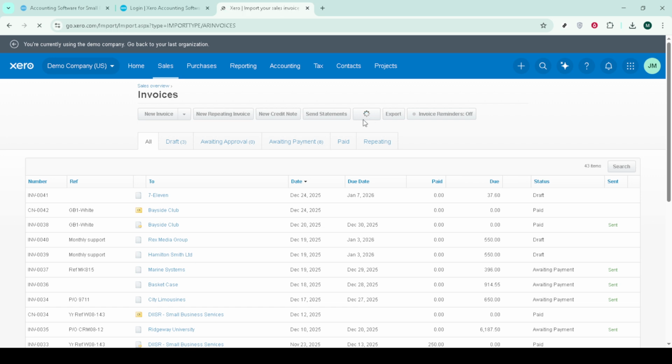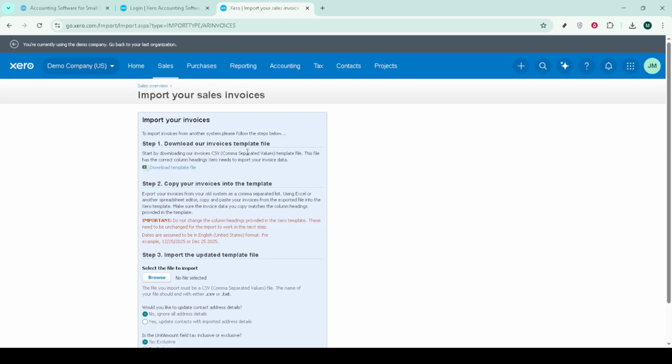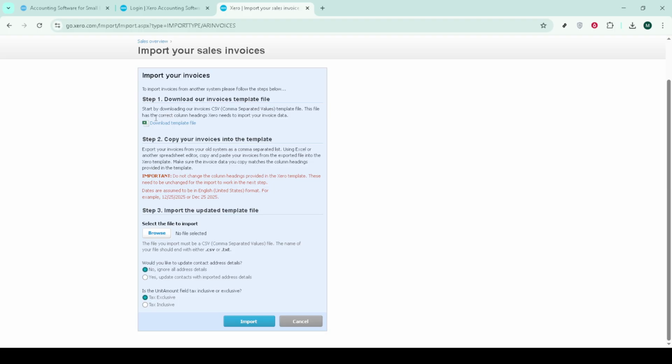Before importing, download Xero's invoice template. It's a CSV file structured exactly the way Xero expects. Open it and review the headers so you understand what each column needs. Common fields include contact name, invoice number, invoice date, due date, reference, item description, quantity, unit amount, account code, and